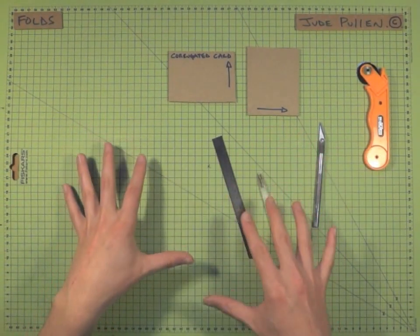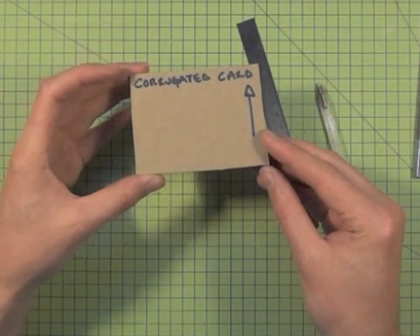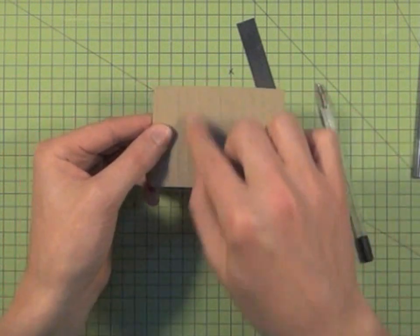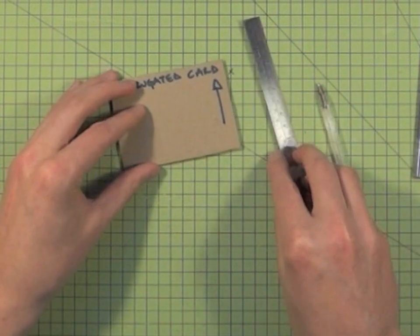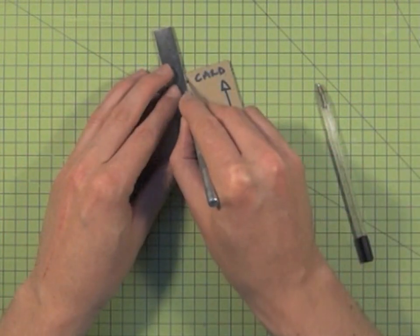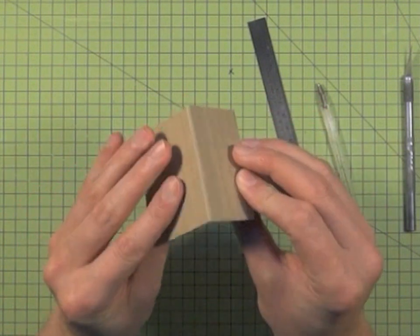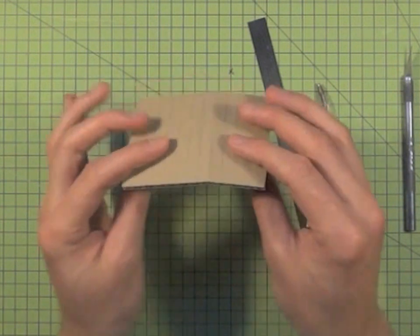But given that quite a lot of the tips I'm demonstrating are using corrugated card, I thought I'd also show how to get a nice accurate fold using different angles in corrugated card. The first thing to note is to have a look to see which direction the grain of the cardboard is. I've put a little arrow to remind me that if I'm wanting to just fold it, then I could just get a scalpel and cut almost all the way through to the other side, but not quite, and then I could press it like that. Now that sort of join might be absolutely fine, not a problem at all, but if you wanted something a little bit sharper,